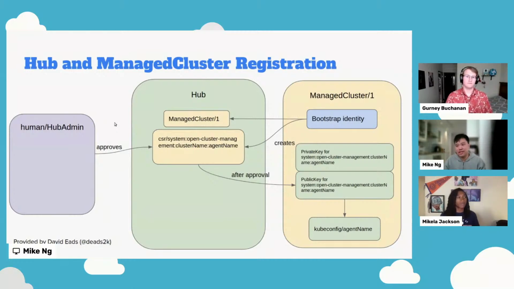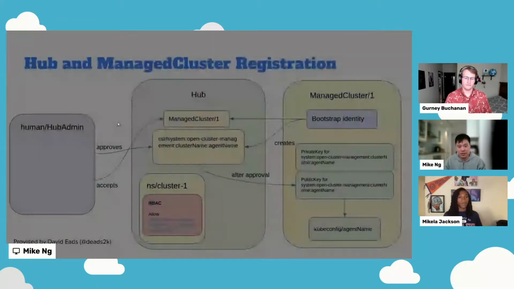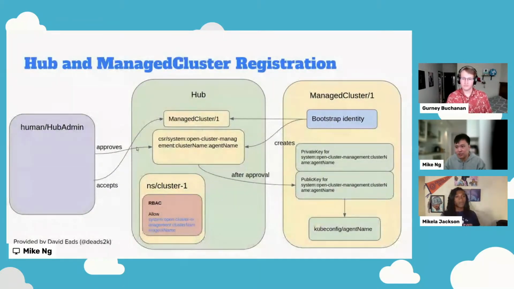So once you accept the managed cluster, the hub cluster actually creates a namespace, as I mentioned in the demo. Because of the way the ManifestWork works, we want the managed cluster to reach out to the hub. So we need a way for the hub to distinctly manage clusters efficiently and only grant access to a subset of resources.